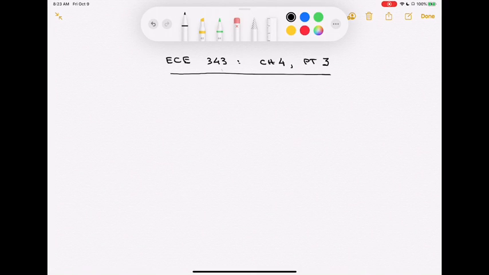This is ECE 343 Signals and Systems. This will be the third part of Chapter 4. In the previous two parts, we looked at the bilateral and unilateral Laplace transforms, as well as some properties of